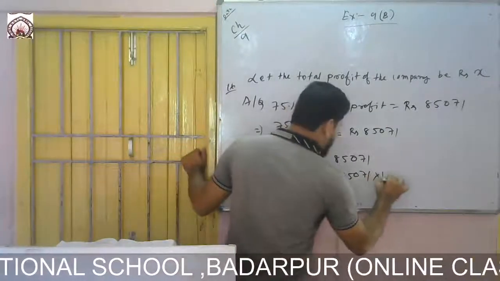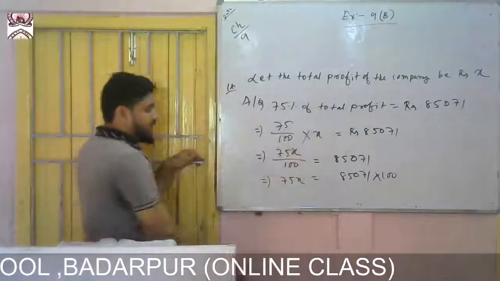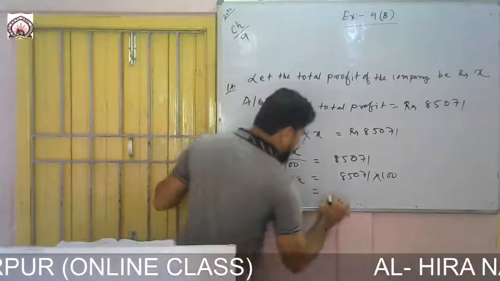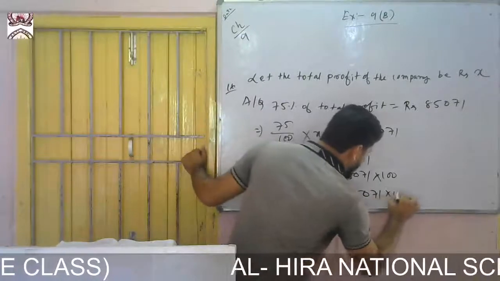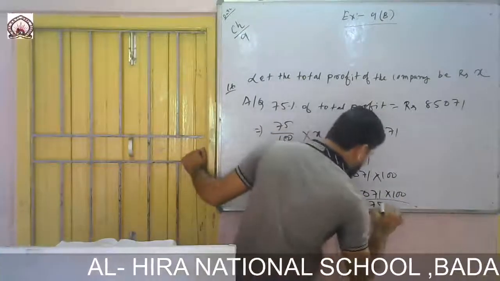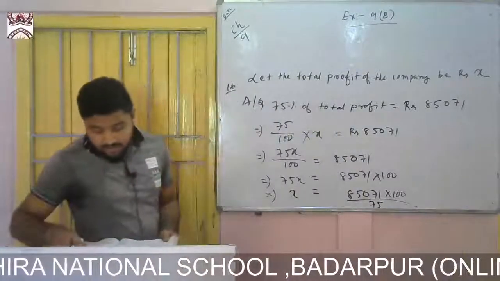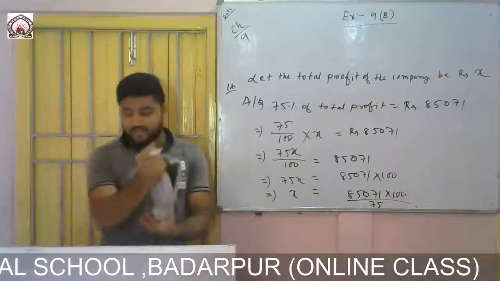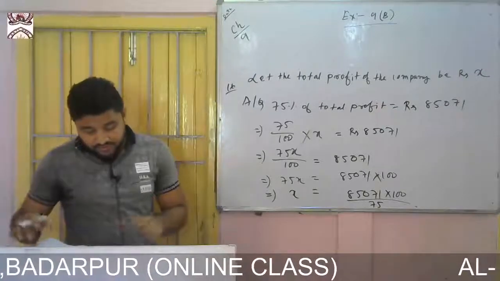So if I cross multiply, then 75x will be 85071 into 100. I shall cross multiply to find the value of X. Now X will be 85071 into 100 divided by 75. So if I divide,